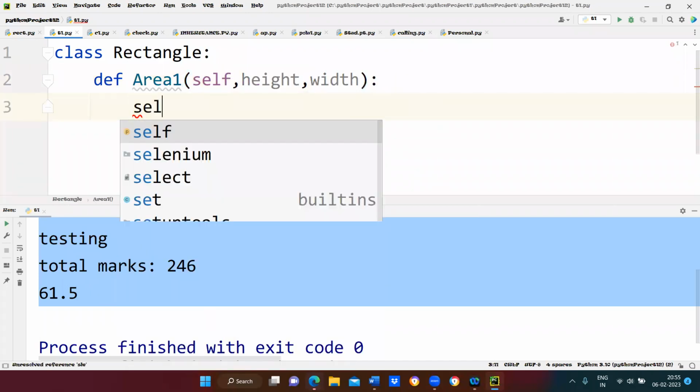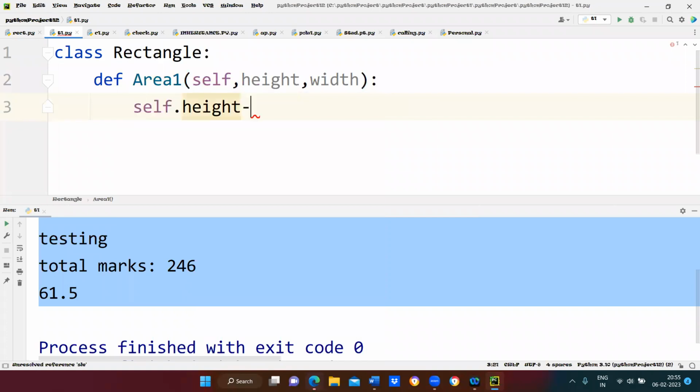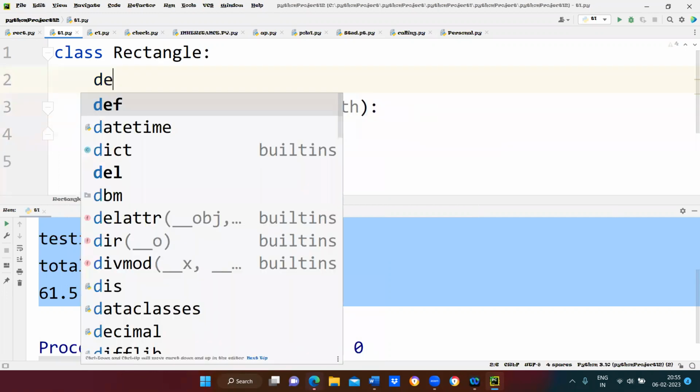So self dot height equal to height. Do we require all these things? Can we use parameterization for this? Can I use a constructor? Yes, madam. Okay, I'll do one thing. Def